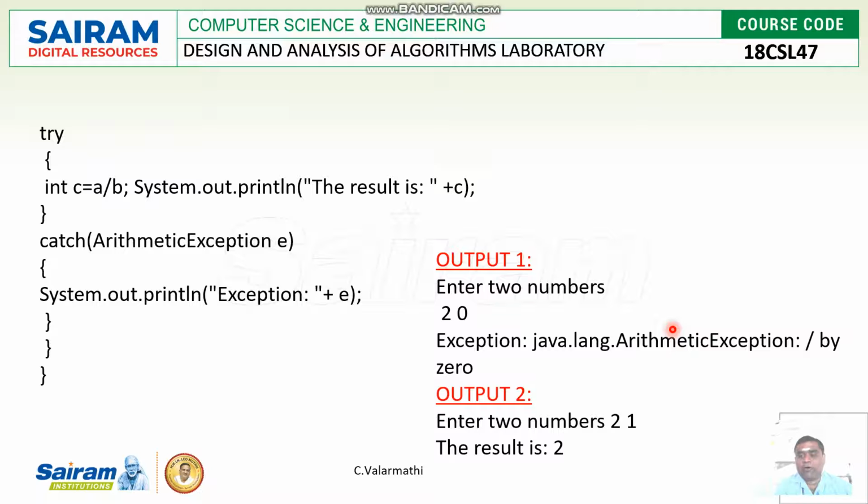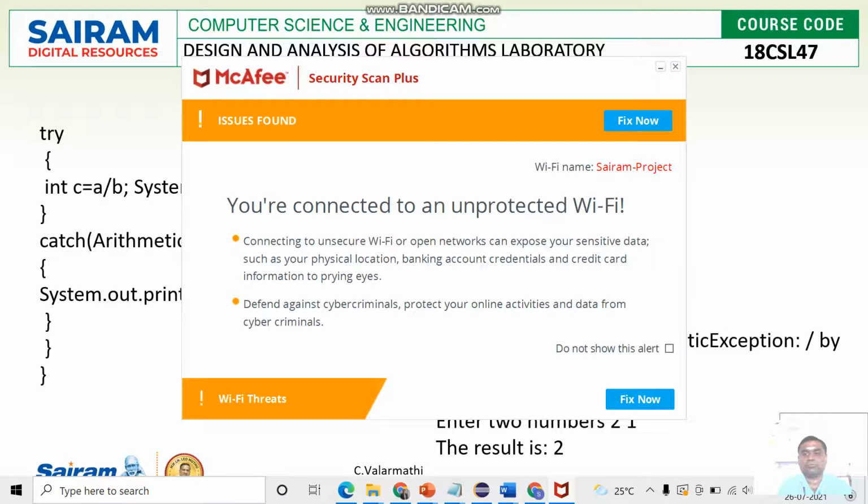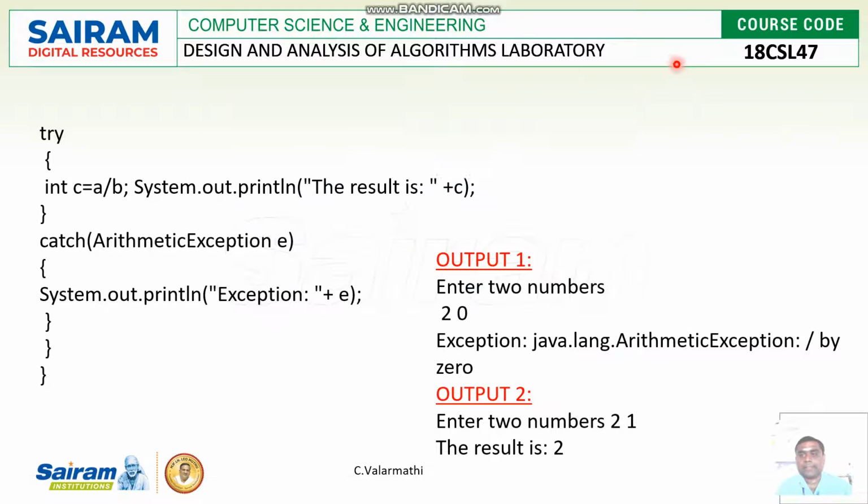Next, as I said before, when I divide the values, if both are non-zero, then it will give the quotient as the result. If the dividend value is equivalent to 0, then it will cause an error. So if there is any error, then it will be encountered in the try block and it will be passed to the catch block. So in the catch block, the error message will be displayed. If no such error occurred, then in the try block, the corresponding results will be obtained.